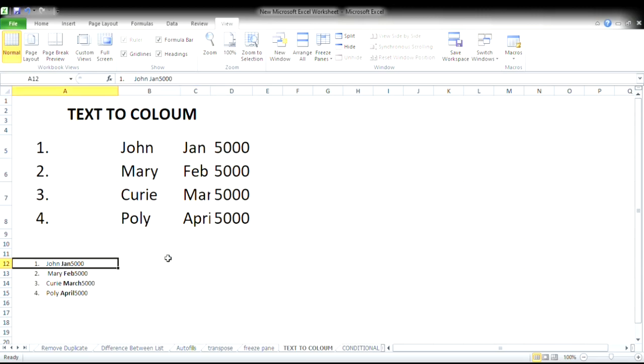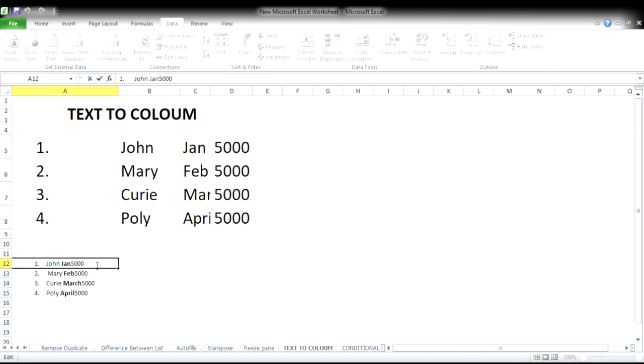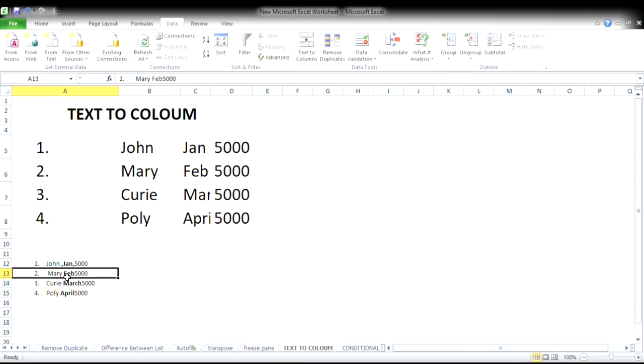We will do this with the text to columns function. It is in Data, Text to Columns, then we use Delimited, and then we use the comma. If there is a comma, we put comma, as in this we will put comma.